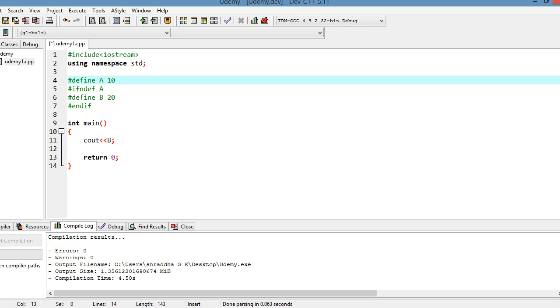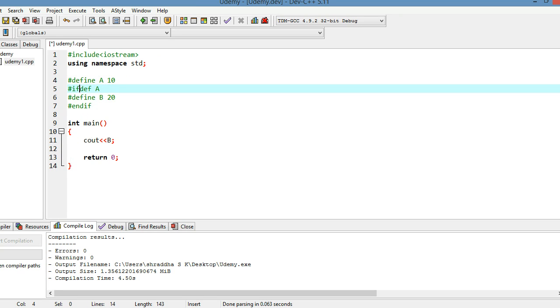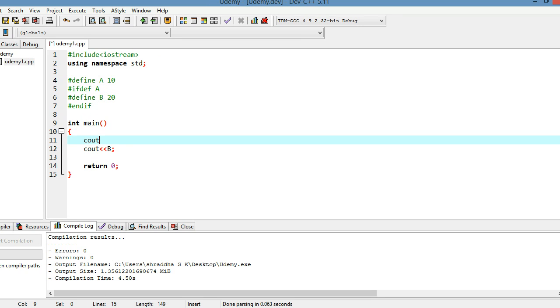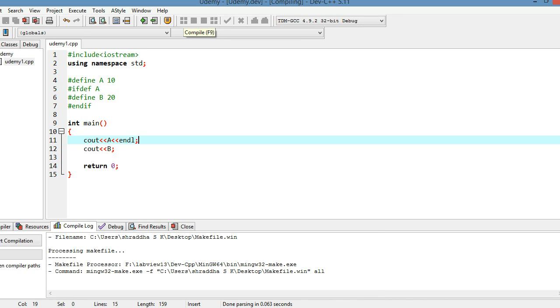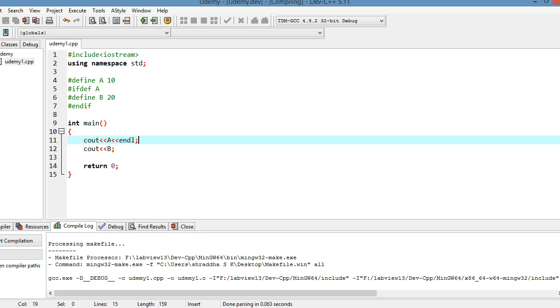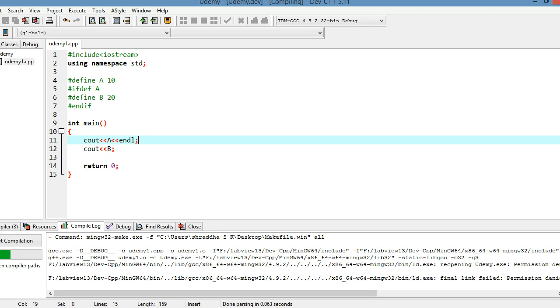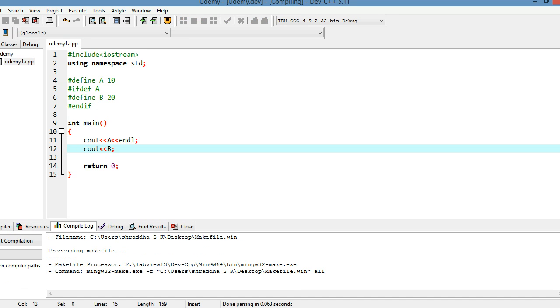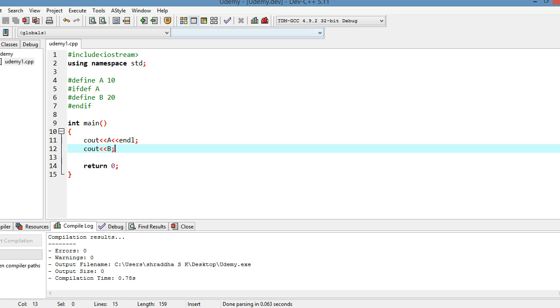Now we will try with #define A as 10, and #ifdef A, then define B also. And now we will print with cout A and B, and both will print. If I compile it, since A is defined, B gets defined, so both should execute.